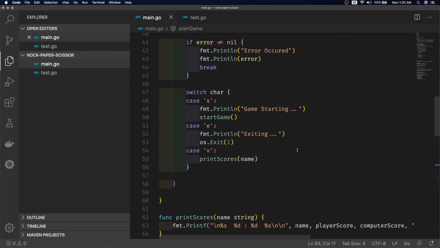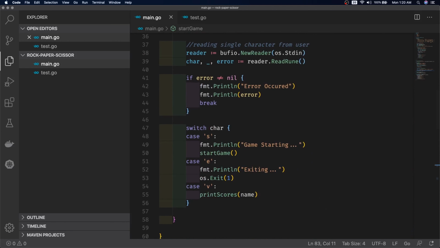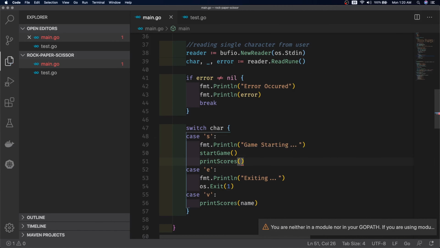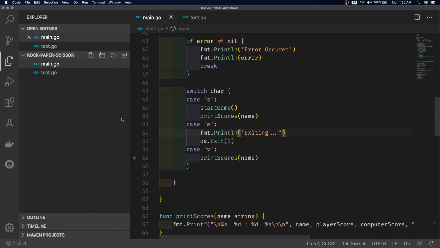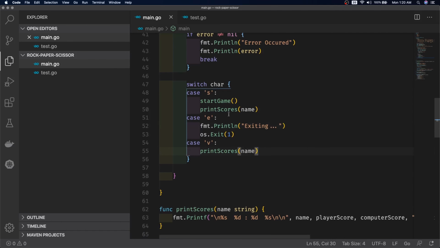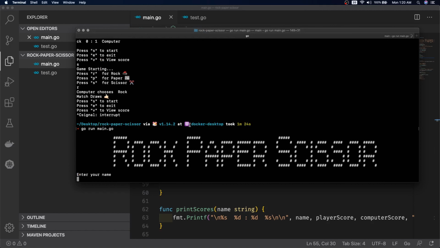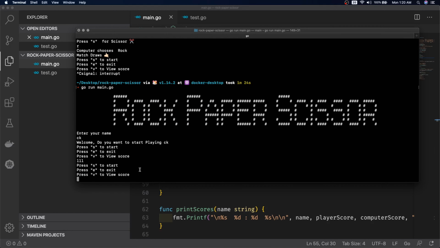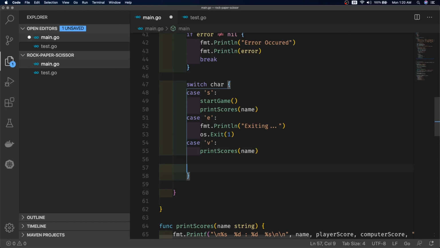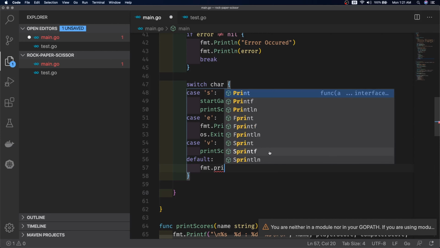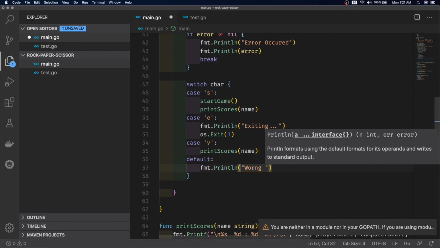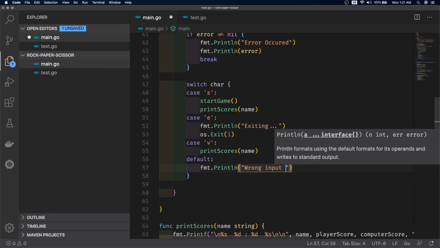What can we do in our program now? Okay, after winning the game, let's print out the results also. We don't need this print statement that the game is starting, and there's a default condition also. What I mean by this is that when the user types something else, it should return something saying the user entered a wrong input. So triple L should not work. So, wrong input, try again.